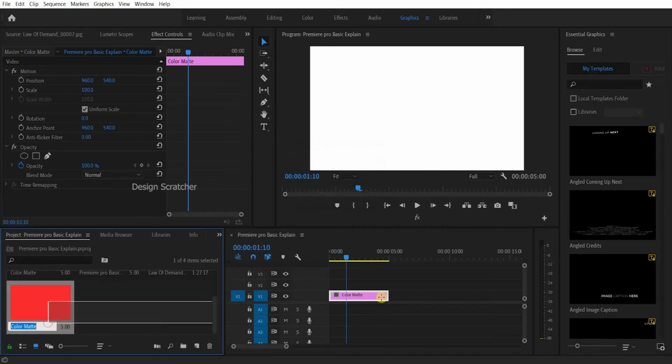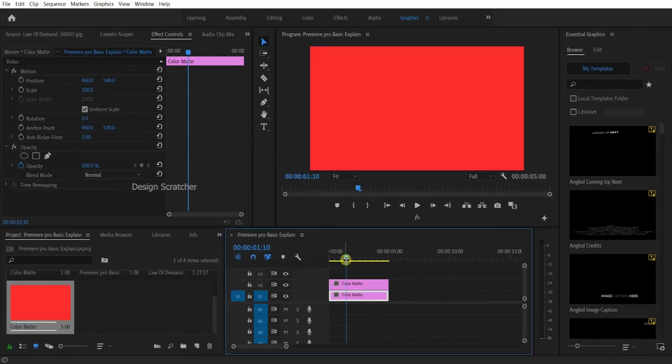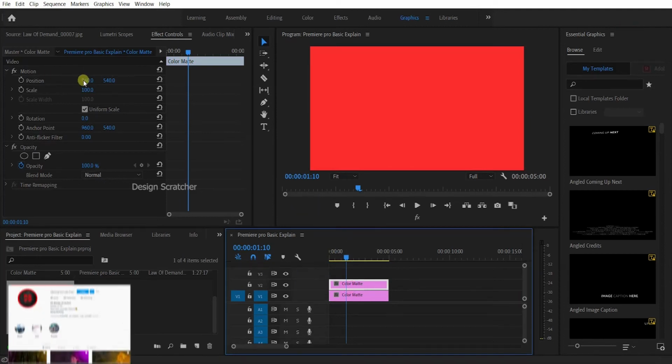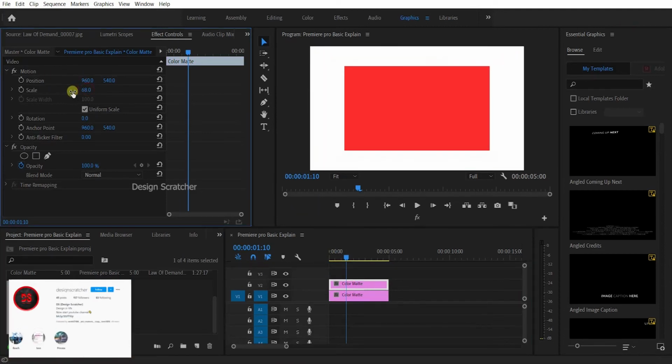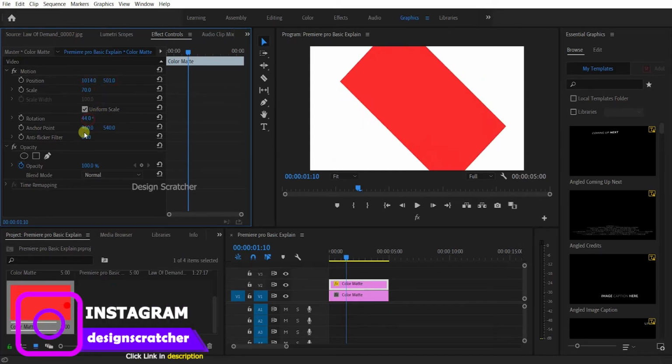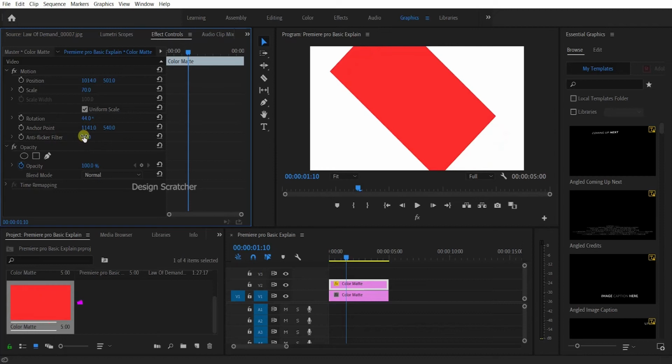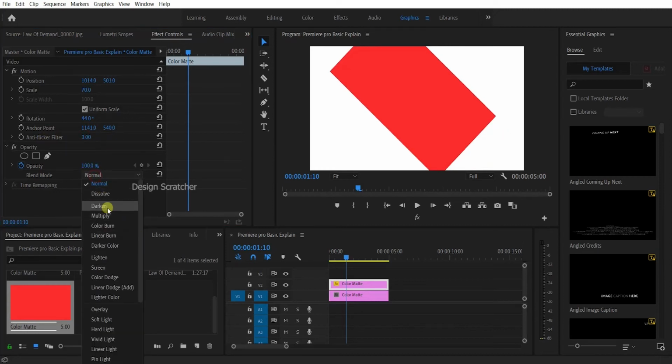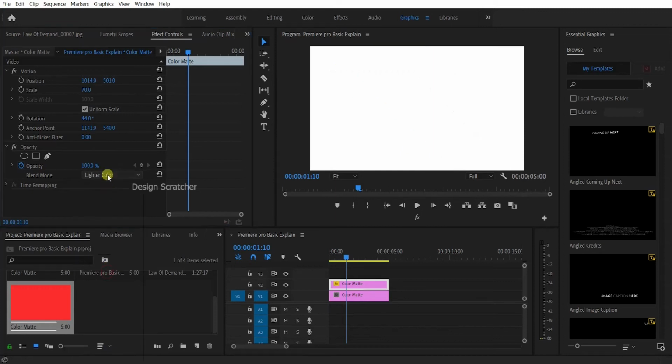Then drag it to the timeline and click it, the red color will be selected, then adjust the scale. You can change position, scale, rotation, everything here. Anchor point also, and flicker also you can change here, and blending mode also. You can choose, you can check the overlay, everything here also.